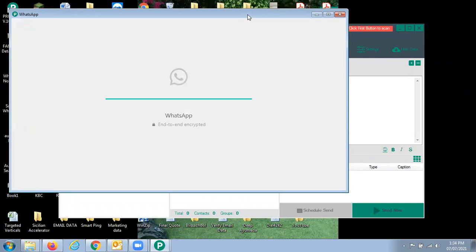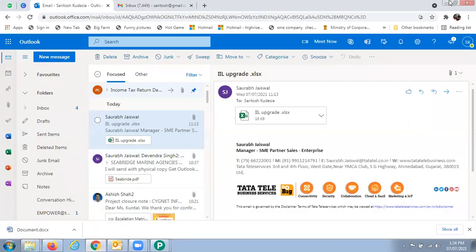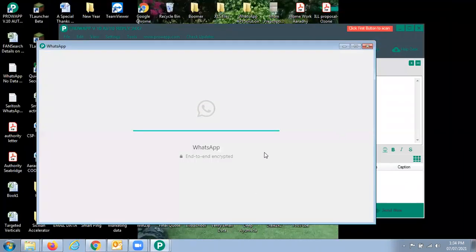You can work even while sending is on; you can use your other screens and other applications as well. As you can see at the bottom of my screen, other browsers are open, my mail is on and other things are on. Once this gets connected, this red will convert into green, meaning my phone is now connected to this application. This is the first thing we need to do.